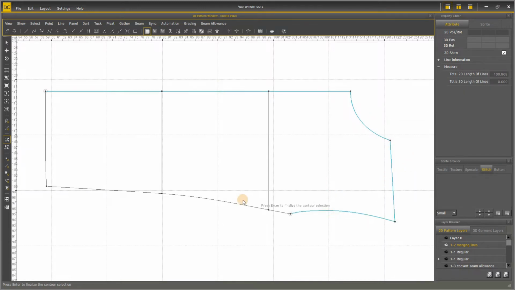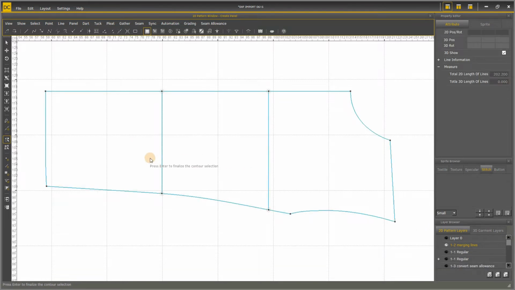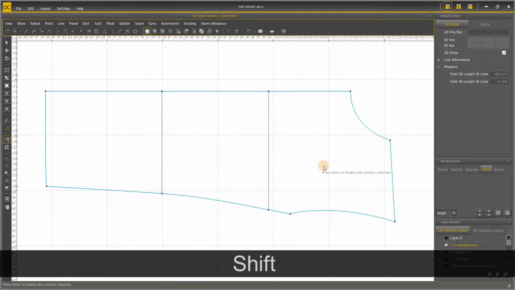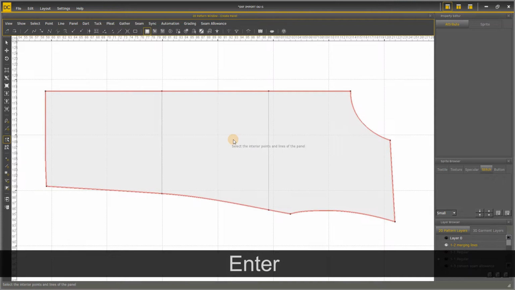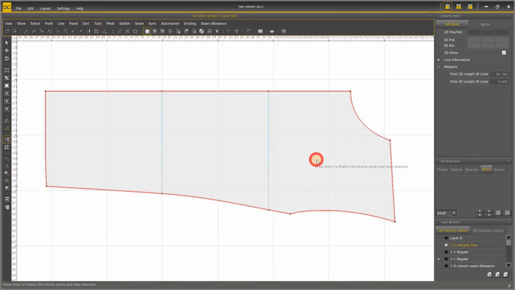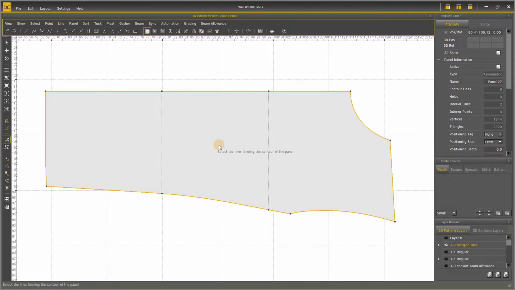We can either select them one by one or drag a rectangle to include all the lines, press Shift and then drag a rectangle to unselect the interior lines, so that only the contour is included in the selection. Then we can press Enter and proceed to select the interior lines and press Enter again. The panel will be created. You can always see the instruction of the function you are using at the bottom left of the window.